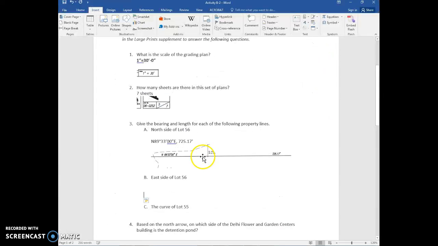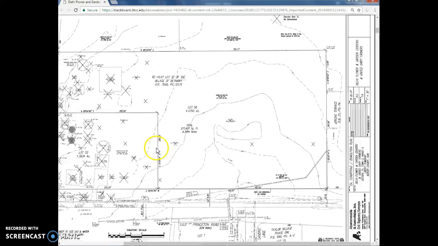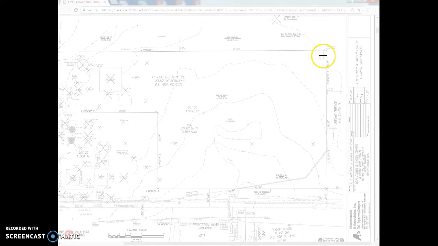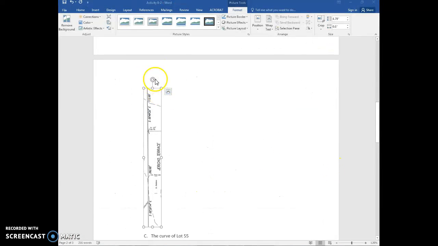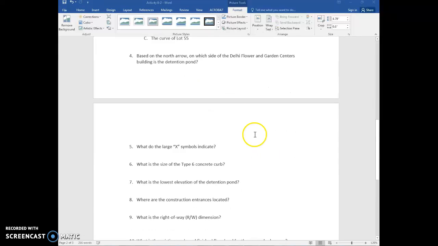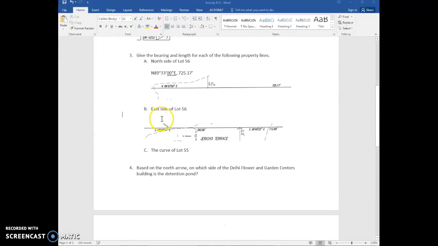So I'm going to go back to my activity. I'm going to go back to Insert, Screenshot, a screen clipping, and then I'm going to draw a box around this information. And now I'm going to rotate this too. You don't want to leave it vertical. And then you would type that information in. So it would be south